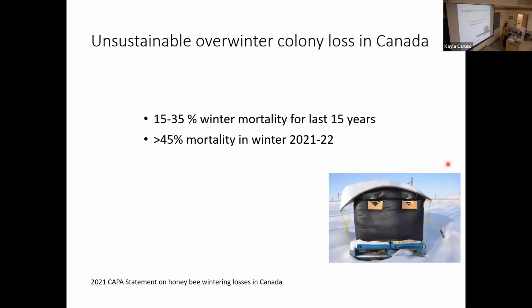And honeybees have been facing some challenges in recent years. For the last 15 years in Canada, beekeepers have been experiencing unsustainable overwinter losses of their colonies. They're losing between 15 to 35% of their colonies each winter. But last winter was a real exception. We had the highest overwinter mortality in Canada ever recorded, and Canadian beekeepers lost over 45% of their colonies last